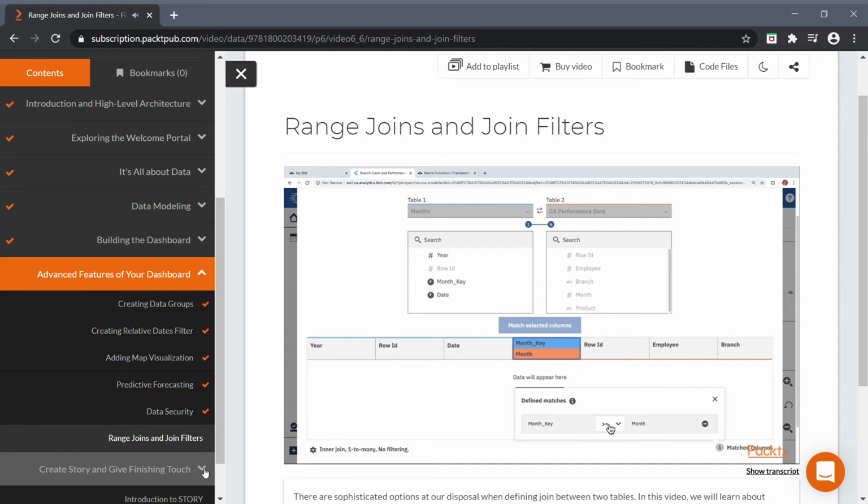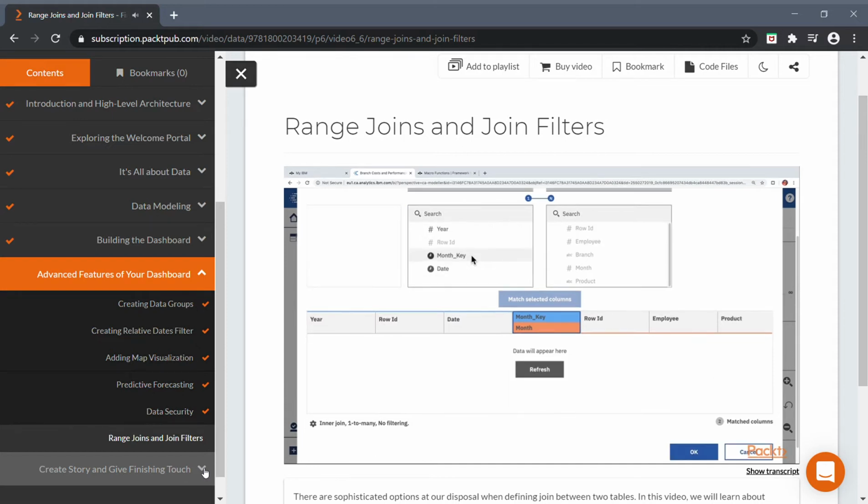So in this case, let's change it to greater than or equal to. And now we will select month key and branch just for an example. Click on match selected columns. And now we can see number 2 appearing for the matched columns. And here we see that there are two matches, and the other one we can change to less than or